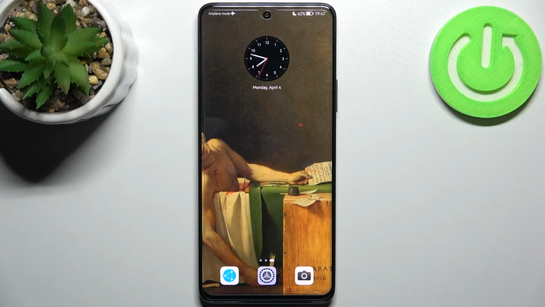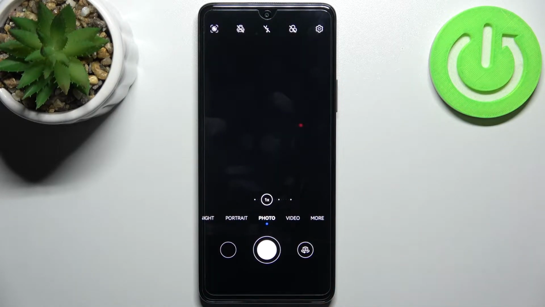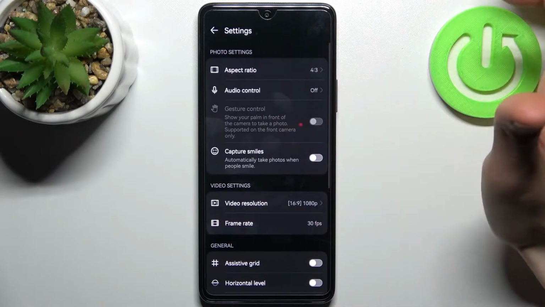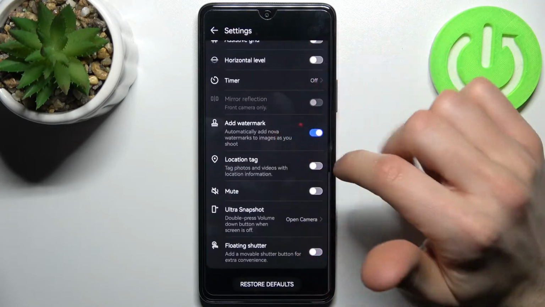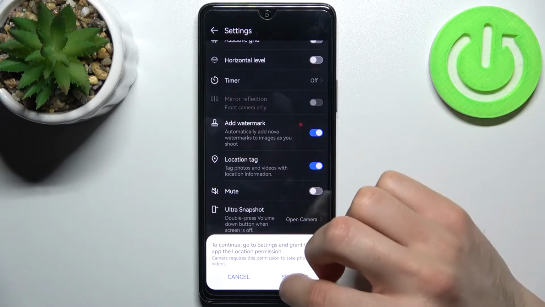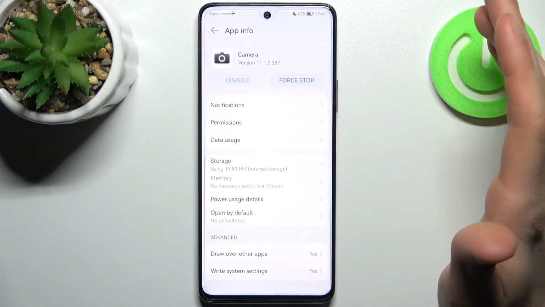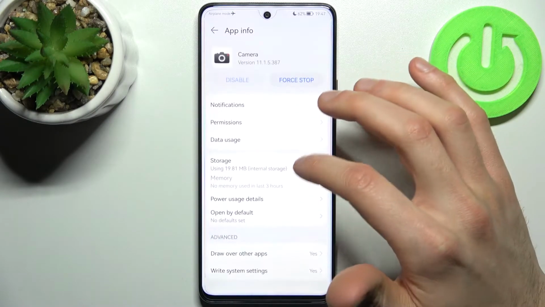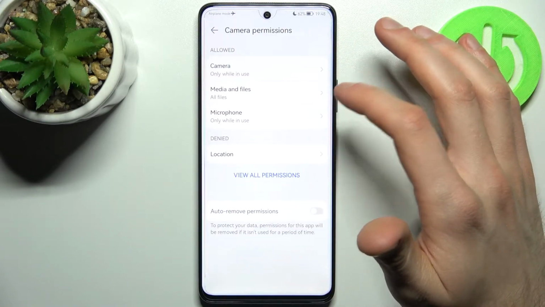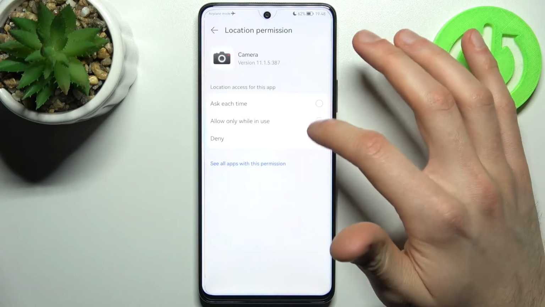Here I have Huawei Nova 9 SE, and today I'm going to show you how to enable camera location tags on this device. So firstly you have to open camera, tap on the gear icon to access its settings, and here you can find location tag. And when you have this feature enabled, you have to grant permission for location,